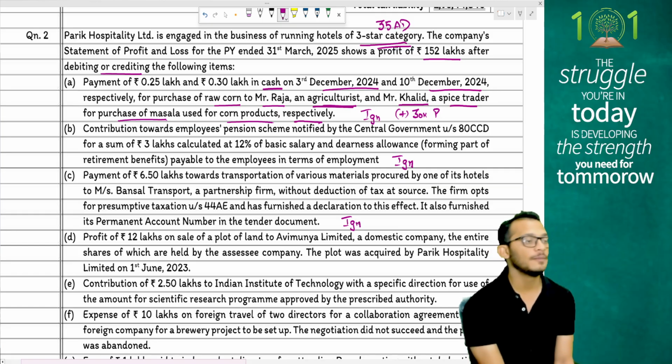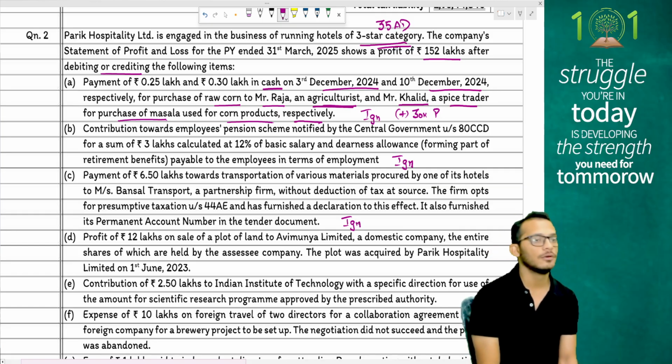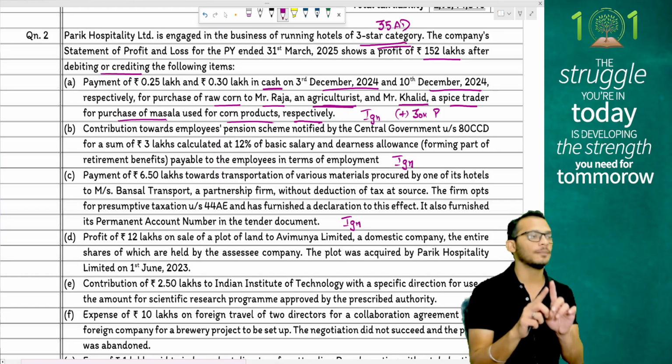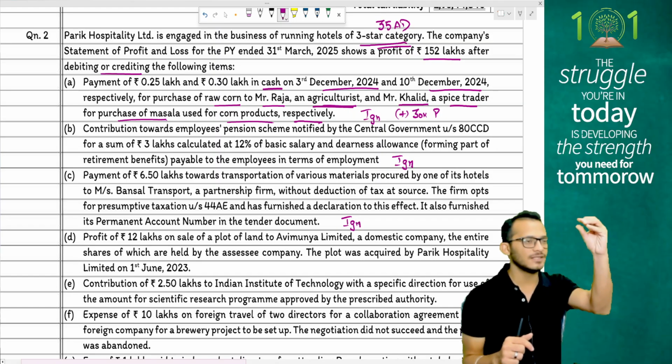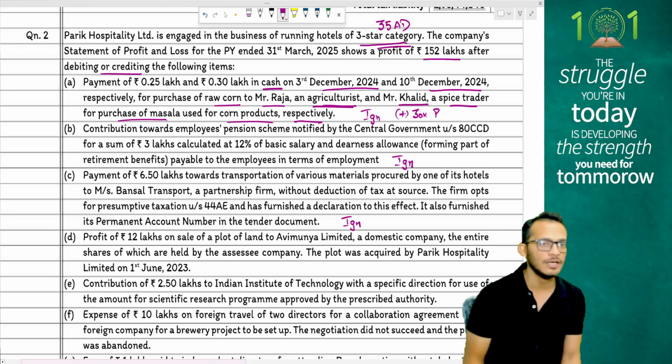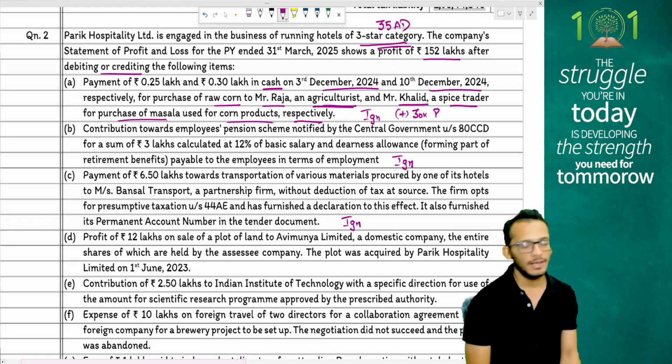Yes. Sometimes references come from other chapters also. We discussed this in TDS also. I told you multiple things, don't read all of it, but in 194C this item is important. Focus attention on those. That is what has been tested.